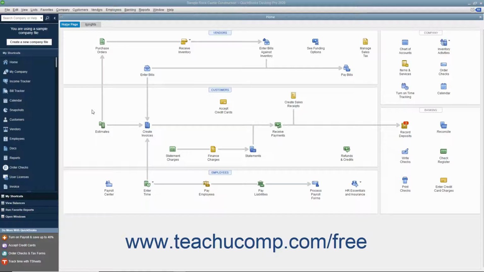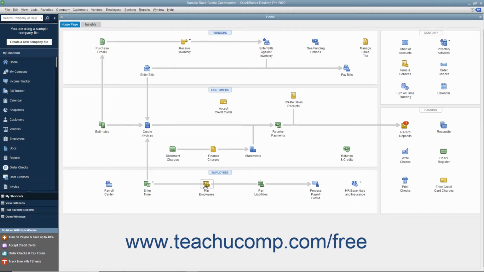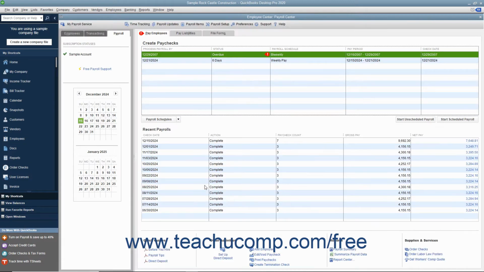www.teachucomp.com/free. You can create and print employee paychecks for a scheduled payroll by either selecting Employees, Pay Employees, Scheduled Payroll from the menu bar, or by clicking the Pay Employees button in the home page to open the Employee Center Payroll Center window. In the Pay Employees section of this window, select the name of the payroll schedule to pay